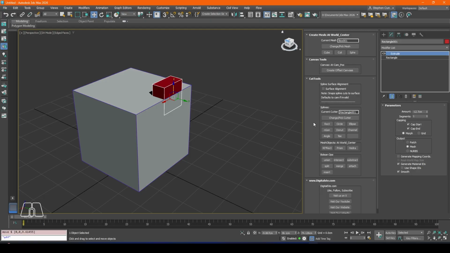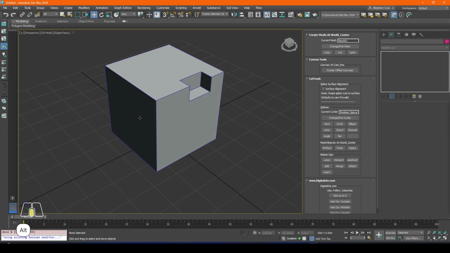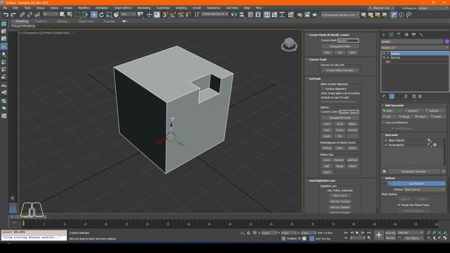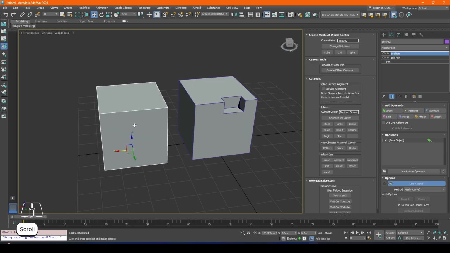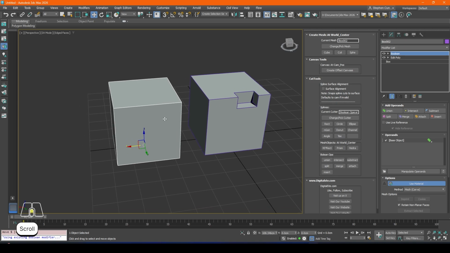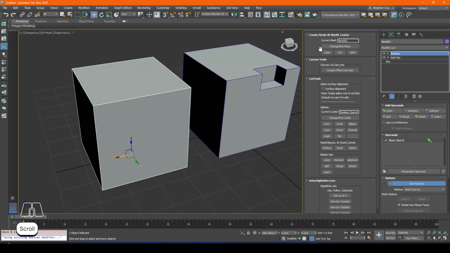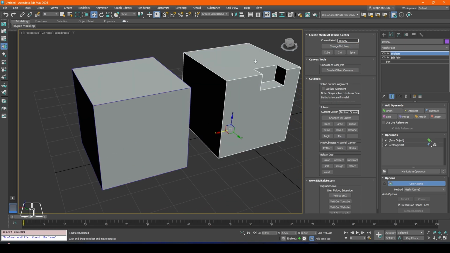What happens now is when I click a Boolean operation like subtract, it's going to take this away from this box. So it just saves us from going into the stack, selecting different objects and things. So I can click subtract, and there we go, it subtracts from here. You can have multiple objects and switch between them as well. So if we've got 2 cubes, or perhaps we've got two sections that we want to edit on the same mesh,